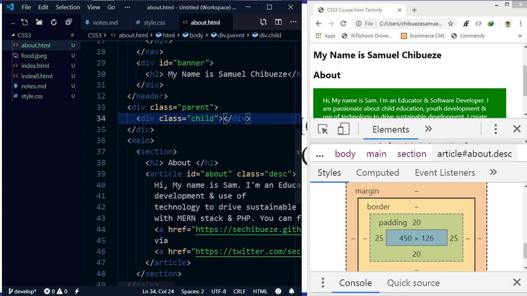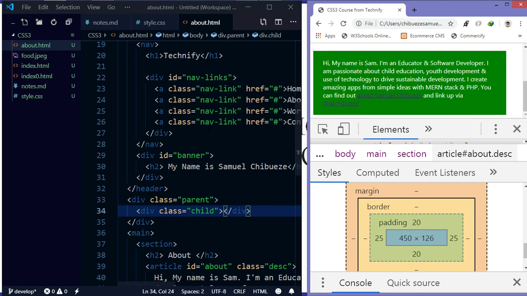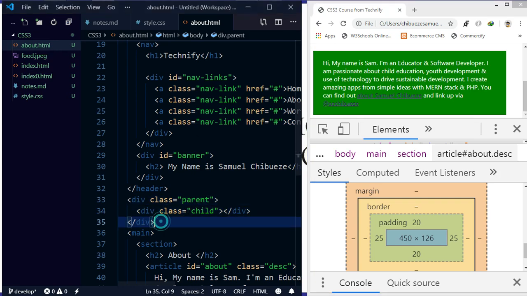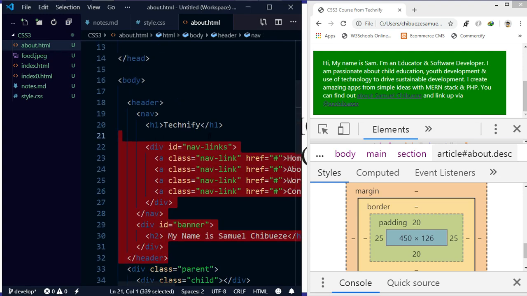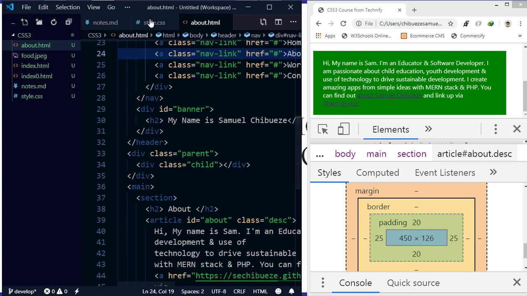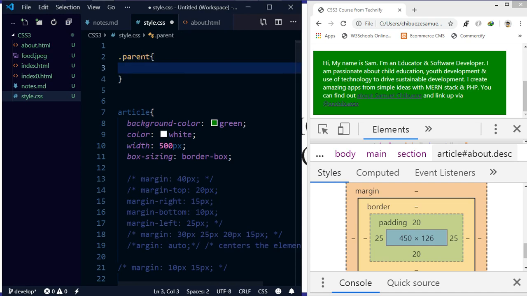I've made some changes to this file. I've taken out the stuff there, sorry, and I've added this element here. So let me just cut this. I don't want it to be in the head. So I can come over here and then target the elements, the parent, and then we can